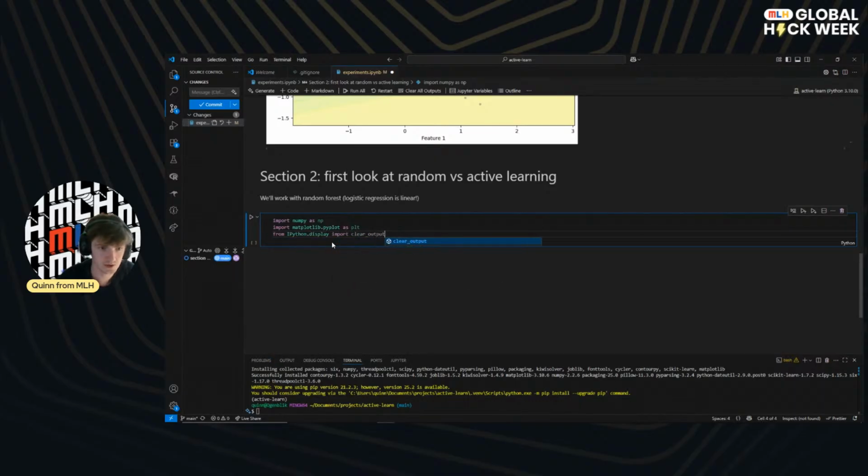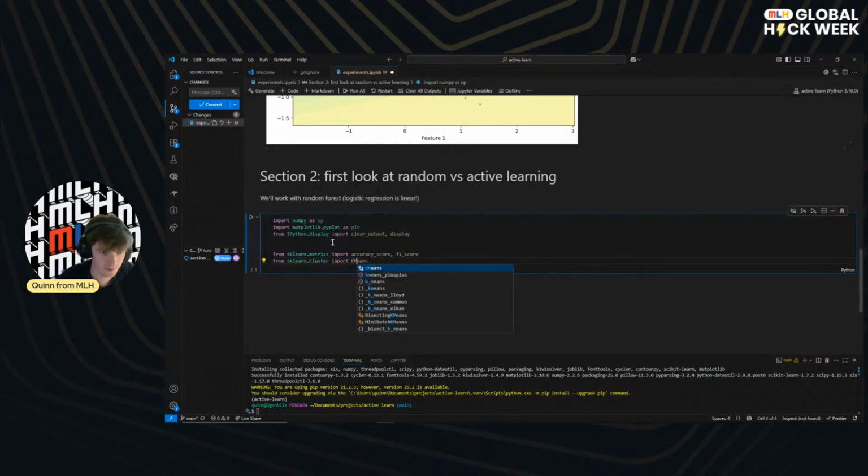Clear output. So I'm pulling in some visualization tools that are going to make our lives a little bit easier. We've actually already got my moons, so we don't need to do that again. It's just like, oh, let's re-import things. Nope. We do want, however, metrics, and we want to import accuracy score, and why not F1 score as well. And then we want